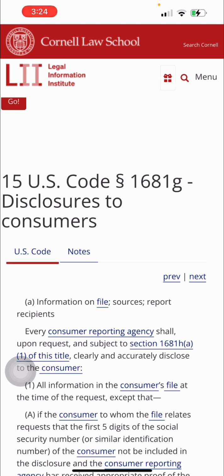So if the law is telling you there is a description of the investigation procedure attached to your consumer file, and you have the right to request all the information in the file, and they fail to do so, that is one way to go from disputes to lawsuits. I'm telling you, you have to understand and go over the laws and read it and comprehend it. Ask questions. You have to study the FCRA when it comes to disputing with the consumer reporting agencies. You have to ask questions. You have to ask for information.